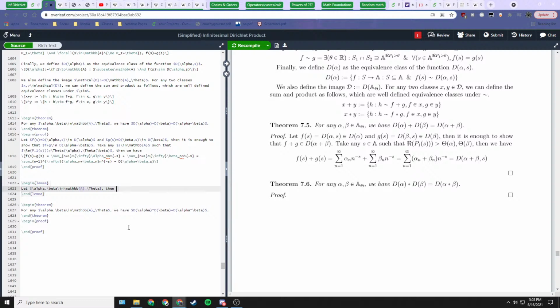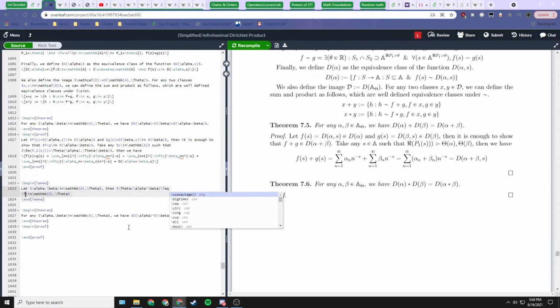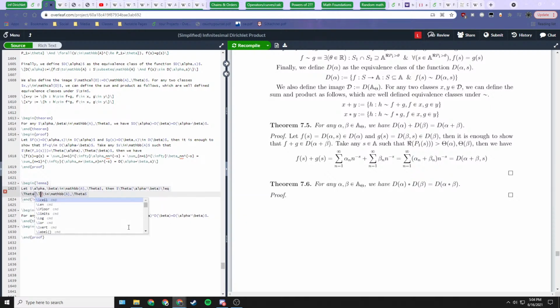Then the convolution alpha star beta is also in A sub theta. Actually, we're going to do something a little better. We're going to say the theta value of alpha times beta is less than or equal to the theta value of alpha